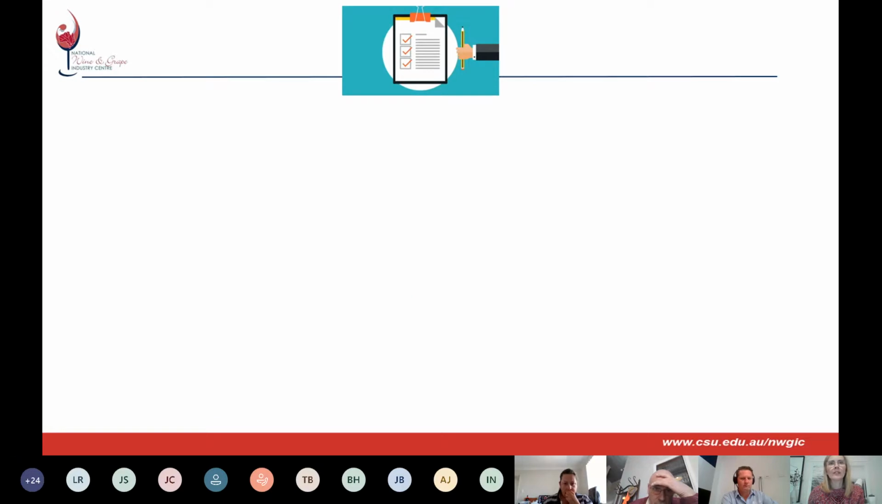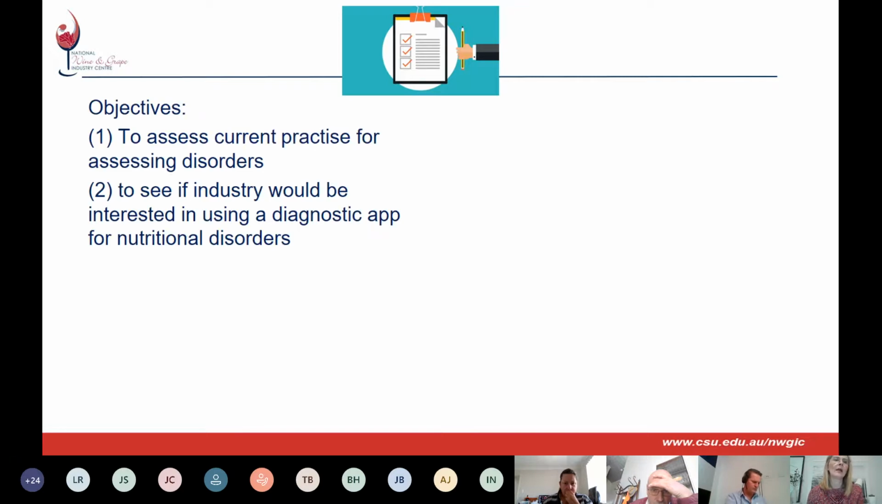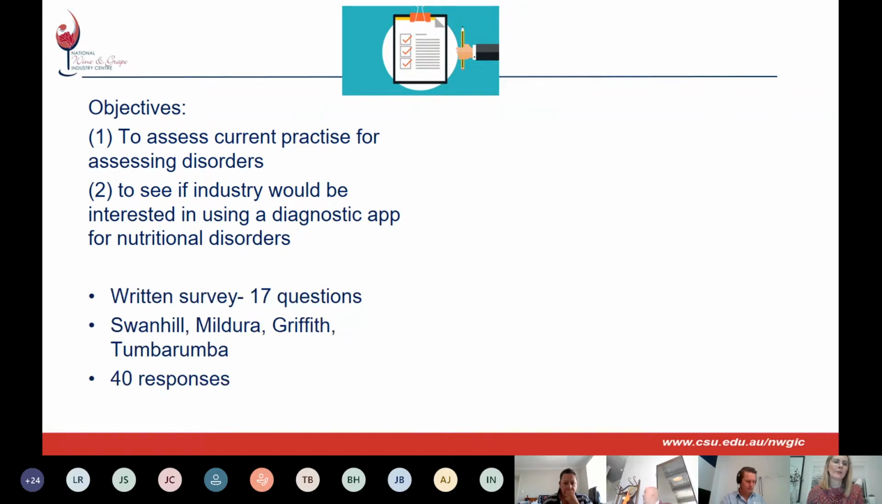We wanted to first get a feel from the industry as to what they thought about this idea of creating a diagnostic app. And so we presented a survey to 4 growing regions, and the objectives of the survey were to assess current practice for assessing disorders and to see if the industry would be interested in using a diagnostic app for nutritional disorder assessment. It was a written survey. It had 17 questions. It was given about a year ago in Swan Hill, Mildura, Griffith, and Tumbarumba, and we